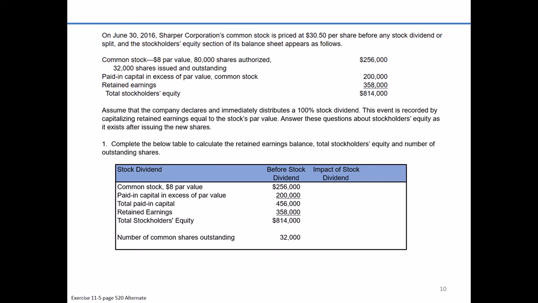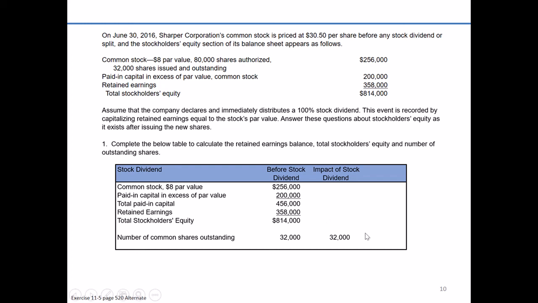How many shares are we issuing? We're just going to take our number of shares currently outstanding and multiply it times our percentage. So 32,000 shares currently outstanding times 100%, coincidentally, means we're going to issue an additional 32,000 shares to our